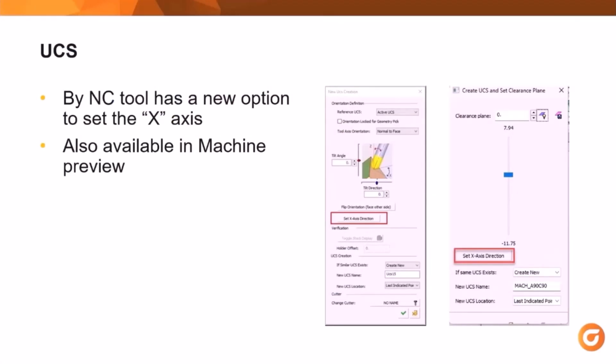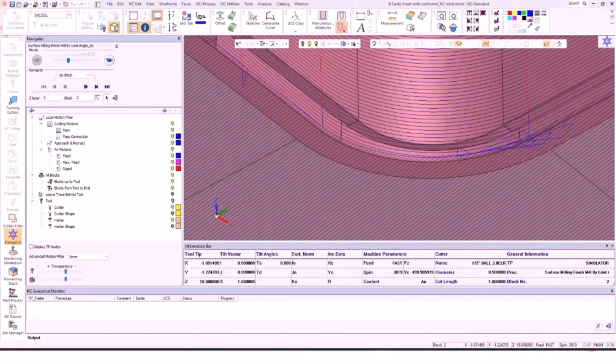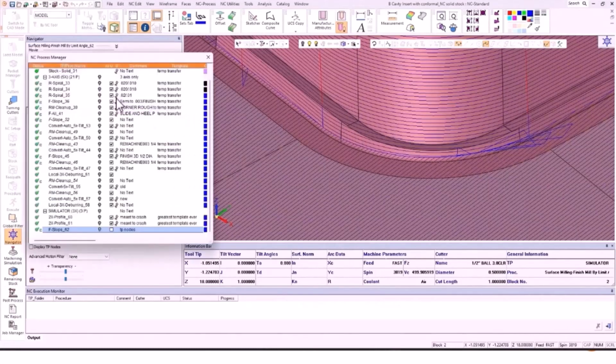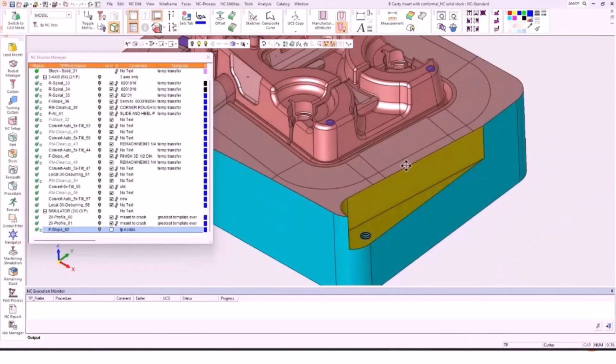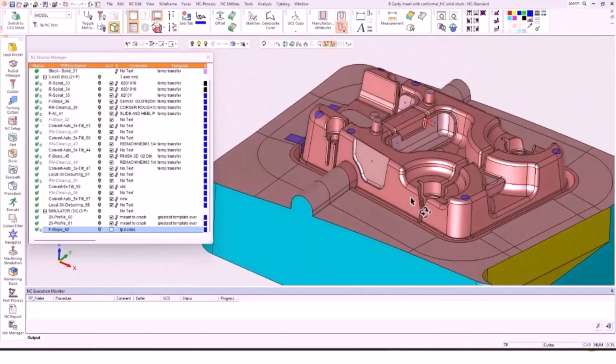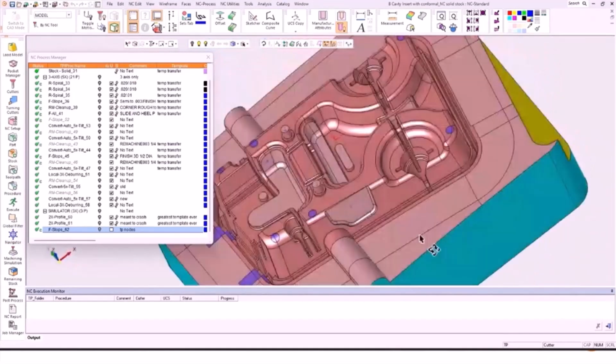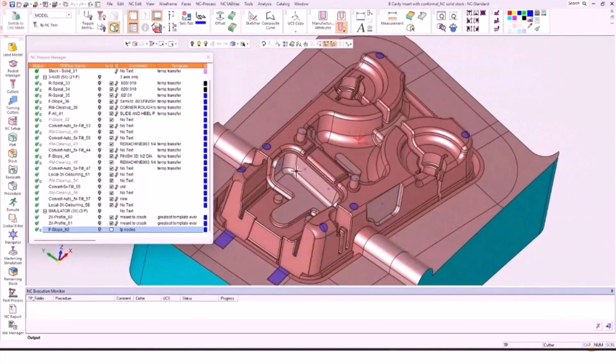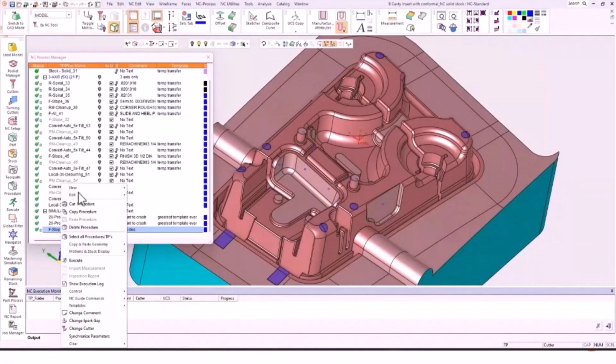UCS by NC Tool has a new option to set the x-axis. This is also available in the machine preview. Let's take a look. So often when I'm doing 3+2 machining, it's common to create a coordinate system tilted out for whatever reason. In this particular case, I may want to put one down in this area, so I'll create either a new procedure